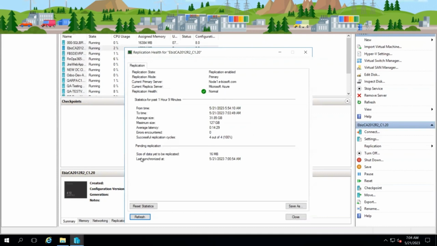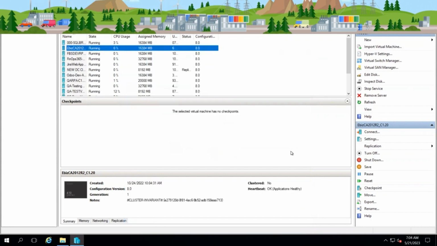And here you can see the size of the data yet to be replicated is 16 MB. It's showing the successful replication cycles, 4 out of 4 went completely successfully. And here you can see the maximum size is 127 GB. So it means that all the implementation we did on the ASR side and on the on-premise infrastructure went well, because due to all these implementations, our VM is now replicating to